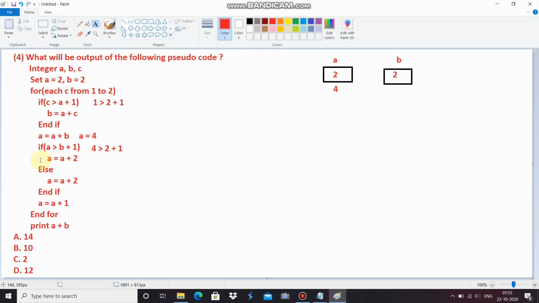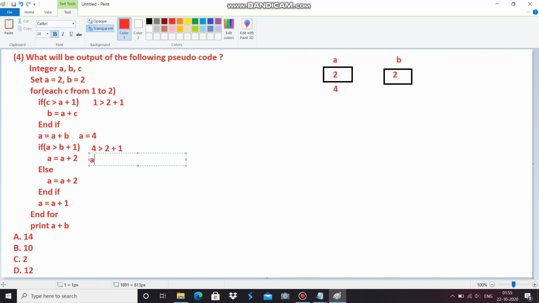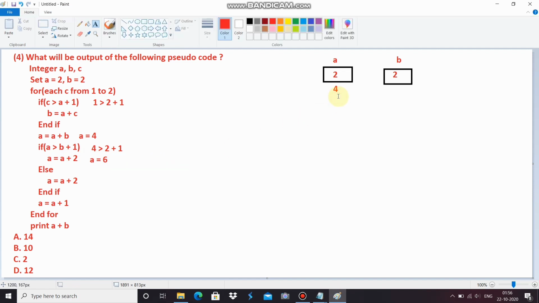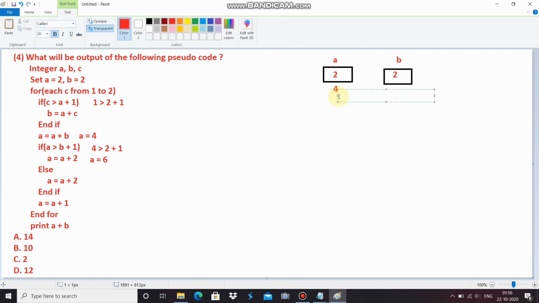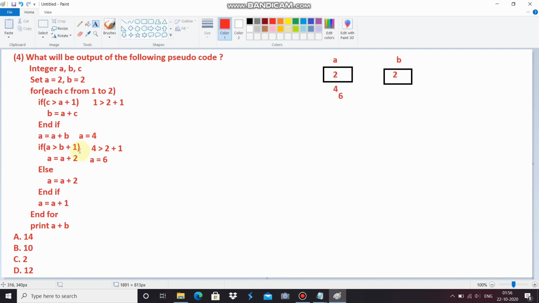Then come to this line and find out again the value of a. Now the value of a is 4, and we have to add 2, and then the a value will become 6. Also we have to initialize and declare that the value of a becomes 6.